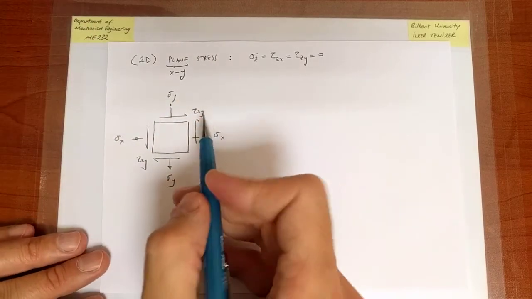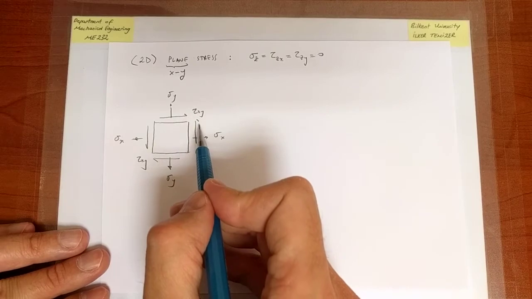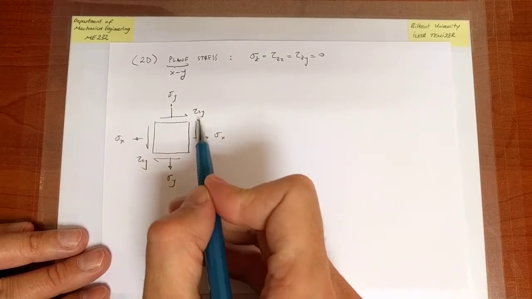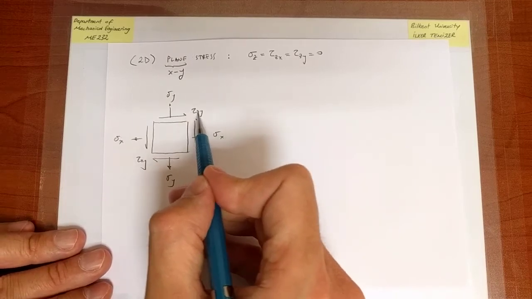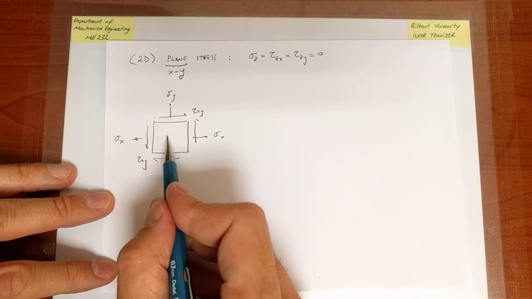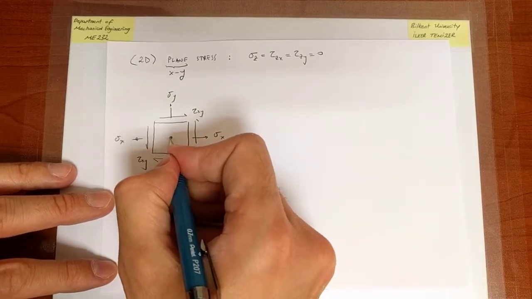Okay, so I'm not writing tau yx, tau xy, they're equal. They are on different planes, in different directions, but the values are the same, so I'm just writing tau xy to indicate that. Okay, so that is the picture that we see, the state of stress at a given point